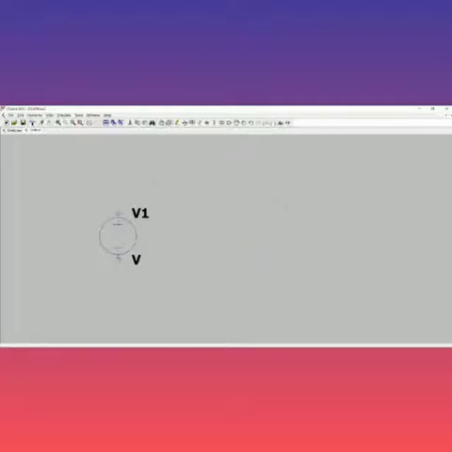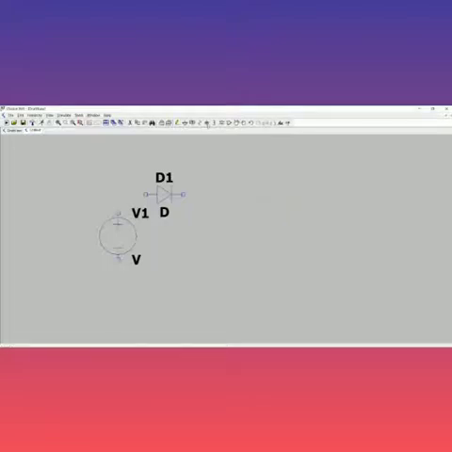Next, take the diode. You can see the diode is here in the toolbar itself. Just click the diode. Now I'm going to do the negative clipper. For the negative clipper, I want my diode to be placed with the anode towards my left side. I'm giving Control R so that it rotates. When it is like this, it is for the positive clipper. For doing the negative clipper, I want it to be rotated again. I'm giving Control R again. So this is the direction it should be. Now I'm placing it. Another one will be coming, just right click, it will vanish.